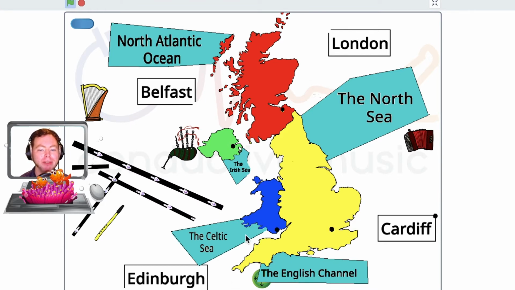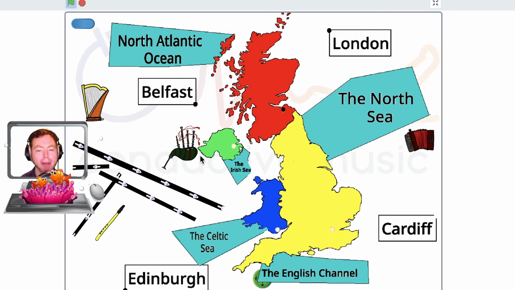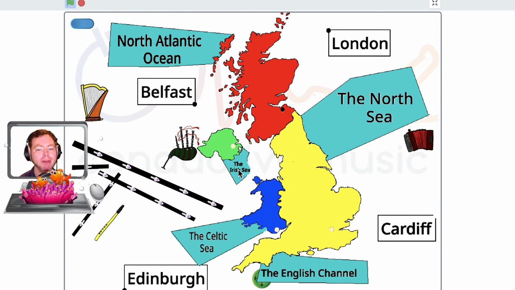Then, just coming round, we have the Celtic Sea, and that's to the west of Wales, and below Ireland, which is missing off the map here because it's not the same country as the UK. It's just the north of Ireland which is part of the United Kingdom. Southern Ireland is a separate country, so that's why it's not on our map here. But we also have the Irish Sea, which is just under Northern Ireland, and just across from